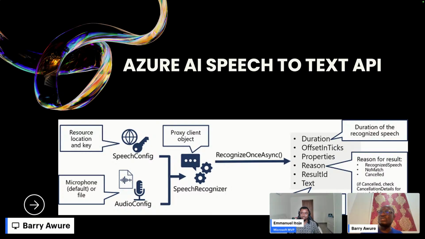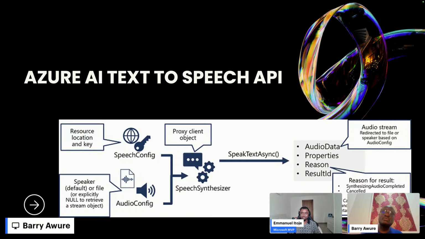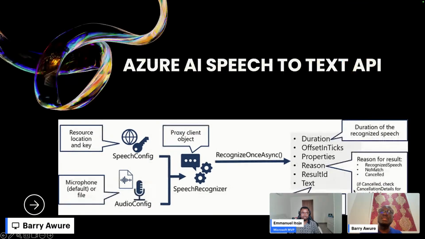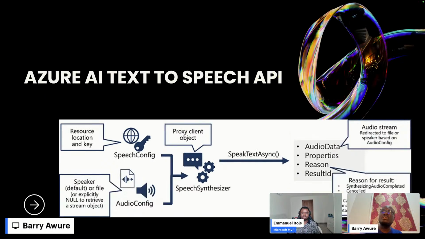So this is for speech to text, and then text to speech is just a reverse of it all, and the same thing gets to come out. So it can give you output in text, that is for speech to text. Your output comes out as a text. Therefore, text to speech, your output comes out as a speech, right?